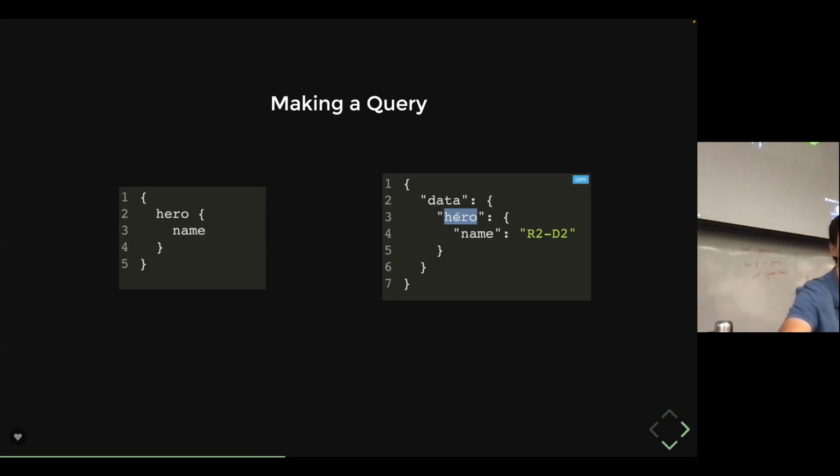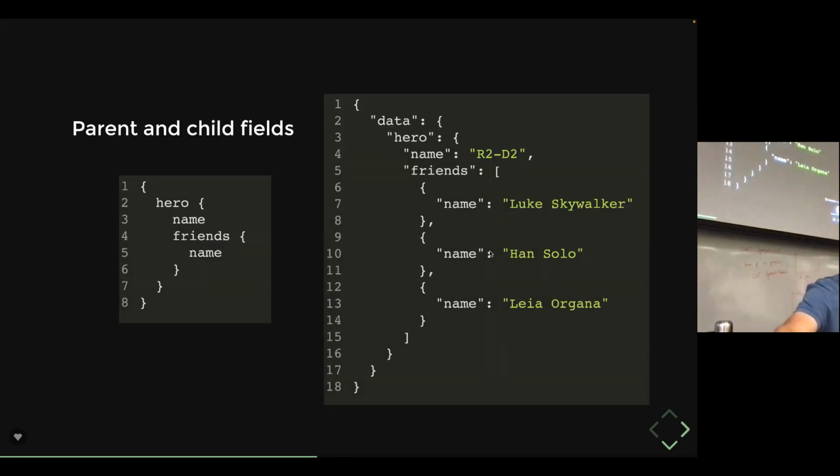So it'll give us the hero, and then within the hero, a name. Let's make it a bit more complicated. So a hero has a name, but they also have a series of friends. Now, kind of like your arrays and your pointers in C or Java or whatever you want to think of it,